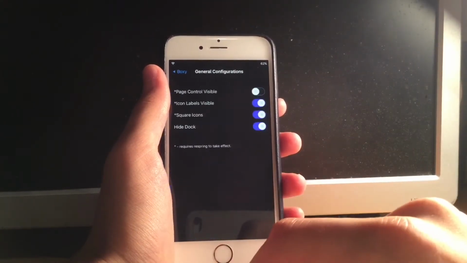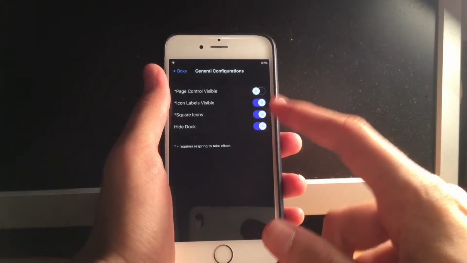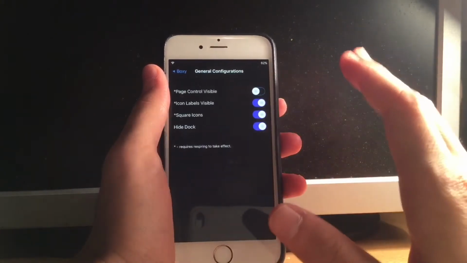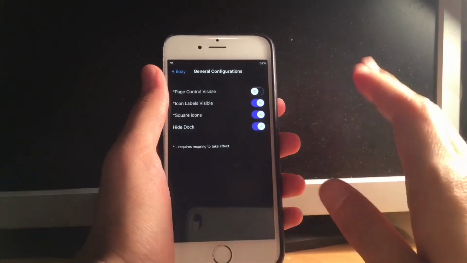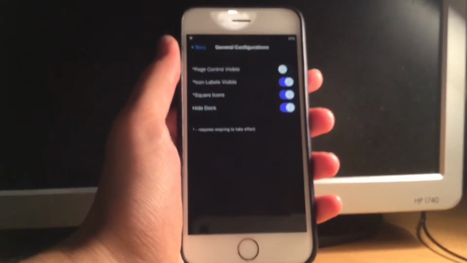Then go to General Configurations and select all these if you want to have my setup. Obviously the icon labels are not visible because I have them hidden with Hide MeX, but I have it enabled here. So this is it in this menu.